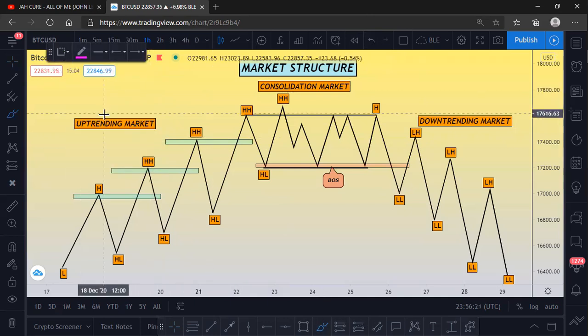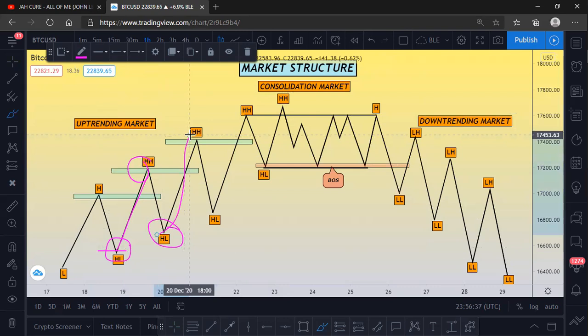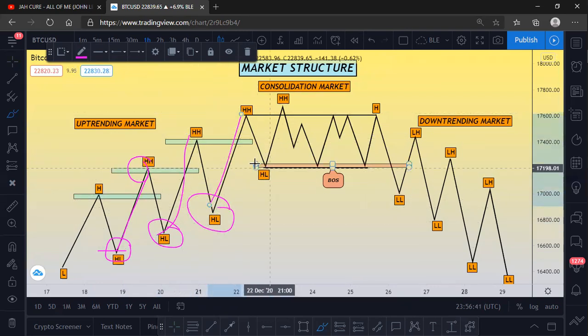Okay. So for an uptrending market, you also only want to catch the buy at a discount price here, so that you can catch the buy from here and then take it to the next higher high, right? Wait for the market to pull back, catch the buy from here, take it to the next higher high, catch the buy from here, take it up. When it starts consolidating, just stay out, okay?